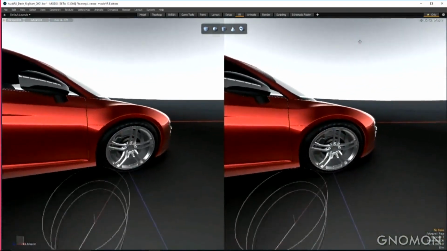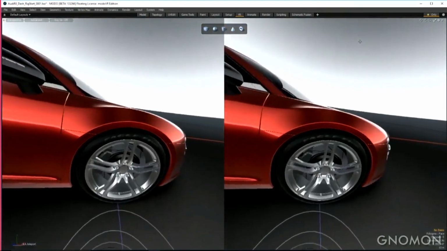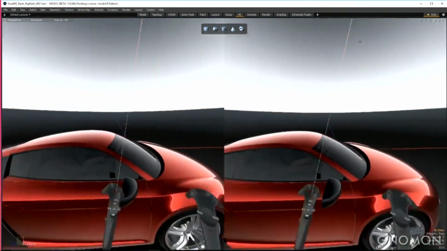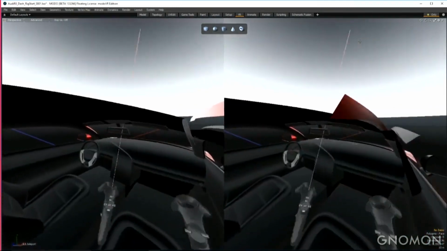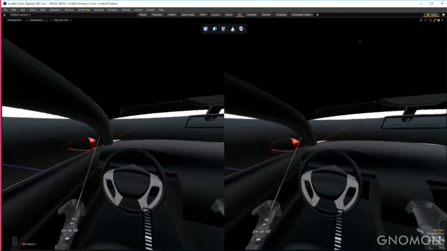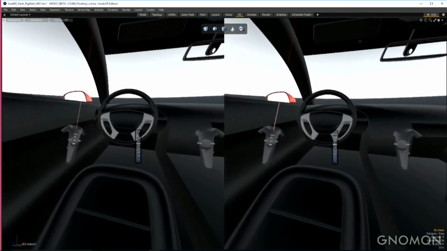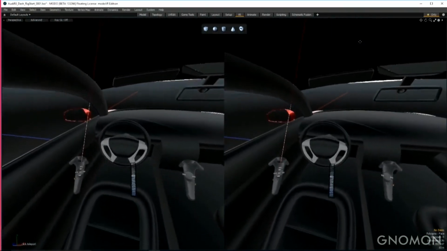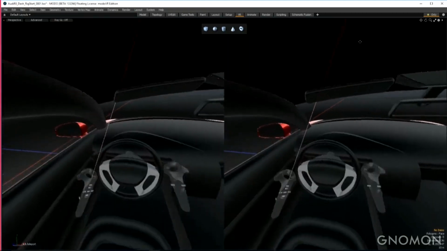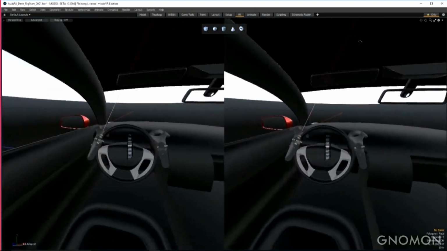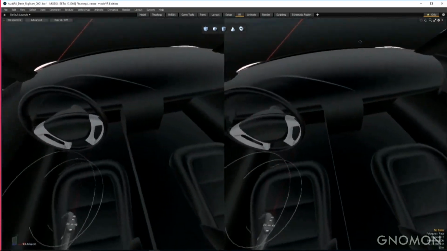I just kneel down and take a look at the rim the way you would in the real world, and check out the way that lighting is actually affecting the surface and to really get an idea of what forms I have here. And then I can navigate right on inside of the vehicle and take a look at what the driver would see or what the passenger would see or any sort of person in the car would actually experience. And so pretty cool being able to feel like I'll ever be able to afford this freaking car, right?